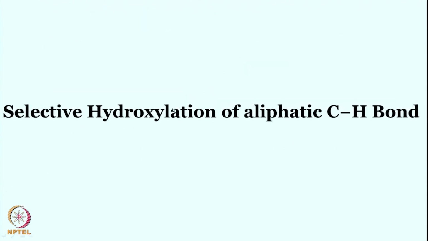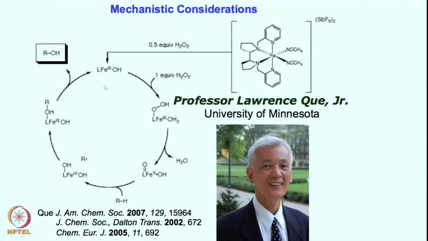If you look at further, let us look at some of the hydroxylation chemistry that we have seen some time back. So, this hydroxylation chemistry is super important from the synthetic perspective as well. Of course, from the enzyme perspective it is very important, but it is also very exciting from the synthetic perspective. This mechanistic understanding goes as simple as this for the synthetic studies as well: this iron 3 hydroxo is forming, it can react with hydrogen peroxide to give you the iron 3 hydroperoxo species. These are all synthetic studies I am talking about at this point right now.